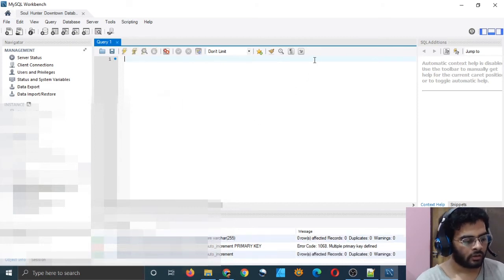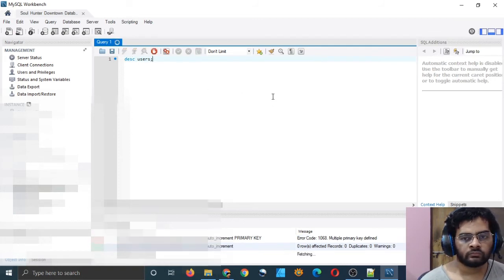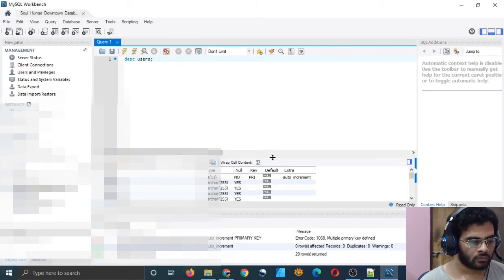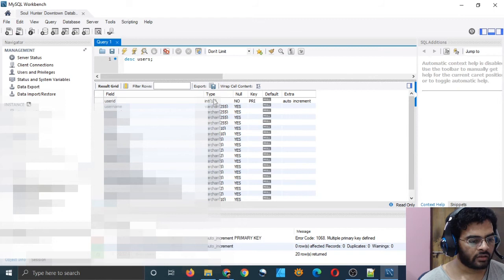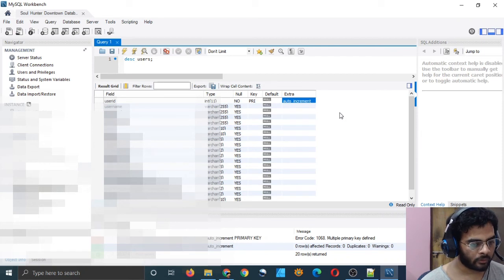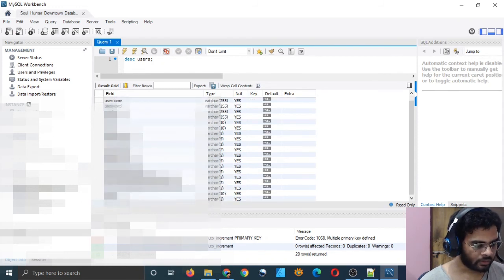Yep, that's working. And now let me describe my table to see what has happened to the columns. So I have user ID as int 11, not null, primary key, and extra is auto increment. It will automatically increment its value. And these four are varchar 255. Now you may be asking why. Oh, I have to still convert validation and valid to varchar 255, I guess. Right or not? No, it's okay.